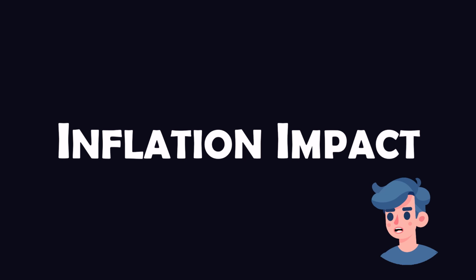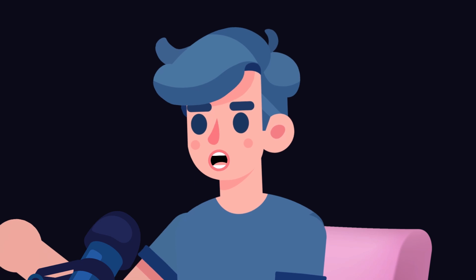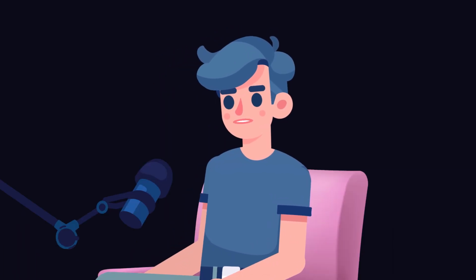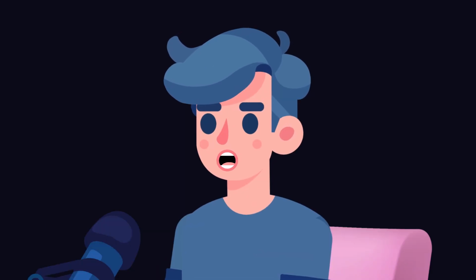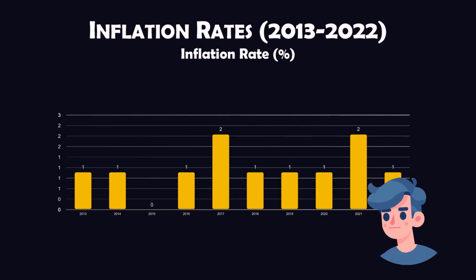This brings us to inflation, one of the most significant threats to this standard. Inflation erodes the purchasing power of money over time. If high inflation occurs, the money repaid in the future will have less value than it does today, impacting the lender more negatively. Here's a graph showing inflation rates over the last 10 years. As you can see, fluctuations can be significant, highlighting the critical need for a stable standard of deferred payment.